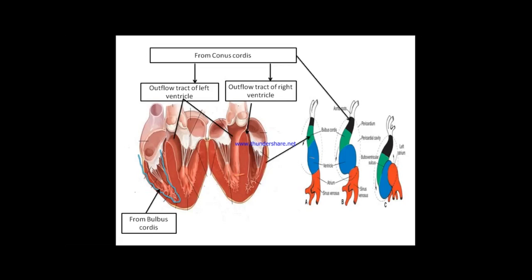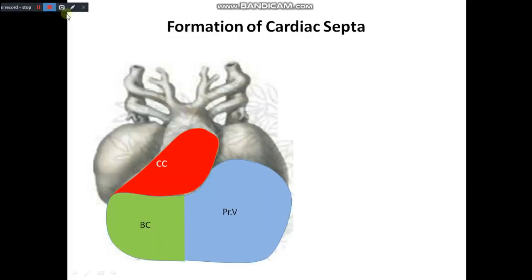So here we can see like this. To summarize the formation of the cardiac septa, we will take this diagram into consideration. The diagram shows the primitive heart with the primitive ventricular and the atrial chambers. The upper and the posterior one is the atrial chamber, which is a single chamber, and the colored one shows the bulbus cordis and its spots, and also the primitive ventricle.